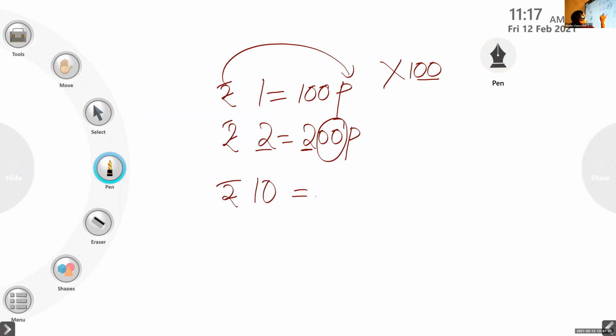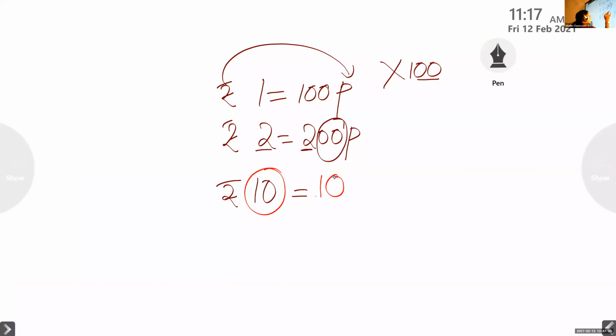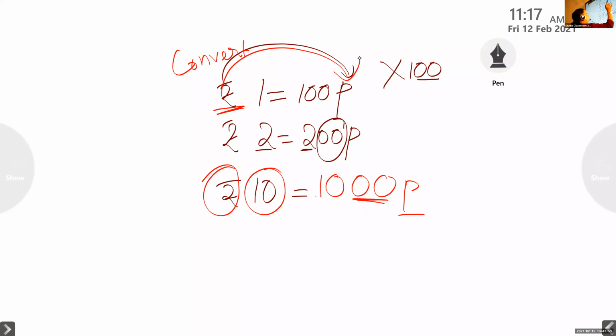1,000. So children, what you have to do? Write the same number, then add 2 more zeros and write paise here instead of rupees. So to convert rupees to paise, what we have to do? Multiply with 100. Listen carefully. This is very easy. If you listen, I am giving you a shortcut method to understand and do it faster.